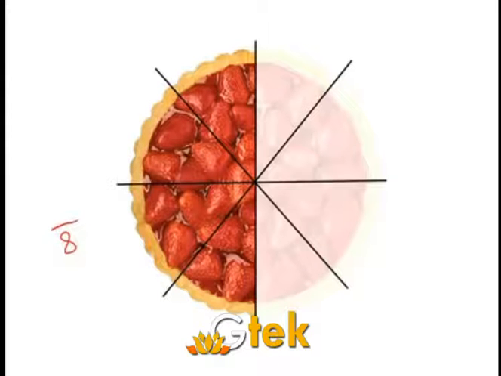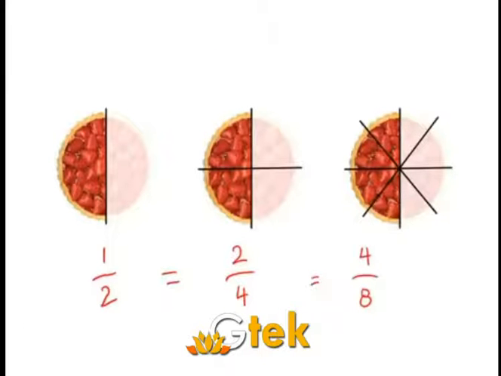So 8 partitions, right? 8 portions are split, but 4 are enabled. So out of 8, 4 are enabled. So out of 8, it is 4. So 4 by 8, right? So that is equivalent fraction, since the quantity is same and the numbers are different, and it has been multiplied with the same numbers.